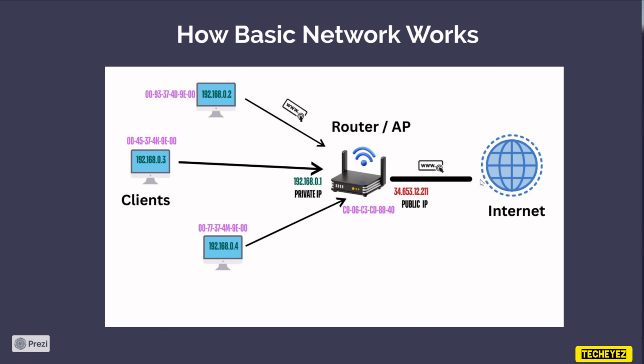So first of all, let's understand how a network works. In this image, as you can see, there are different parameters. We have the internet, we have a router, and we have some clients. Now the router is the only device that has access to the resource or the internet. So none of the clients can have direct access to the internet even after connecting to the network. The only way that the clients can connect to the internet is through the access point or the router.